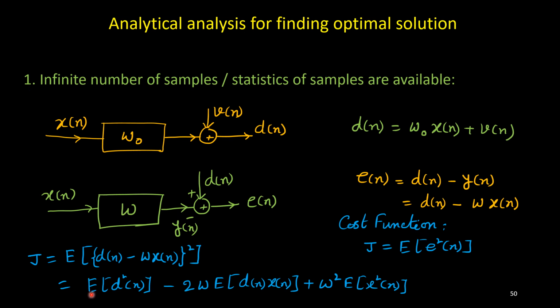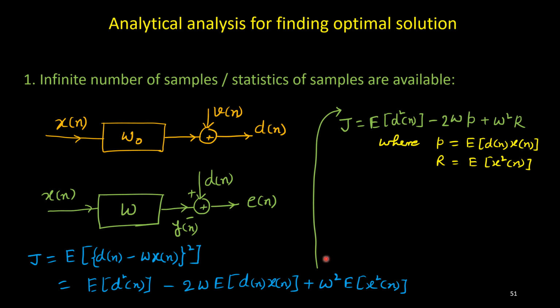So if I expand it, I'll get expected value of d square n, and here the middle term will be 2 into w, and you see w is independent of n, so I can take it outside. Then I can consider expected value of dn and xn only, and the last term w square we can take outside, then expected value of x square n. So this is our cost function,